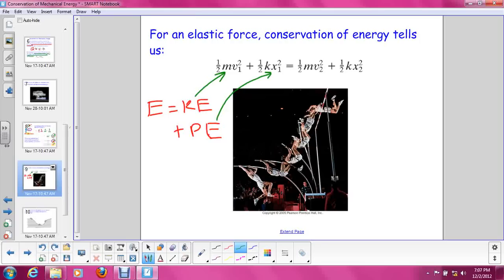So you always want to use this principle when solving problems like this. The total amount of energy when non-conservative forces are not present is kinetic energy plus potential energy. Then your job is to figure out, okay, what kind of potential energy is here? Gravitational, elastic, or maybe a little of both. Once you figure that out, you can plug in the equations, put some numbers in there, and go.